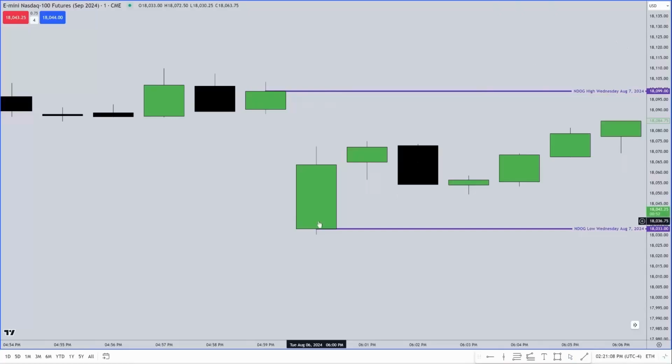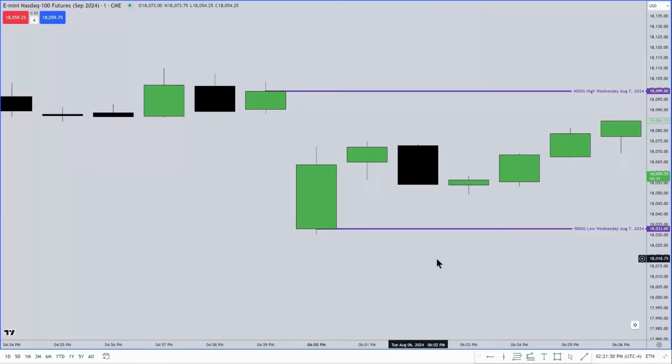So for instance, this is for Tuesday on the day it formed, but is it for Tuesday's reference? No, it's for Wednesday's trading, and that's why it's labeled that way. You're going to use the next day after the 6 p.m. candlestick. So if you look down at the bottom of the chart, it says Tuesday, August 6th. But really what we're doing is building a reference point for Wednesday's trading and for the next 5 days. So that means this will overlap into next week. 5 trading days, not 5 calendar days, 5 trading days. If you have a holiday, skip that and add one more day to it.